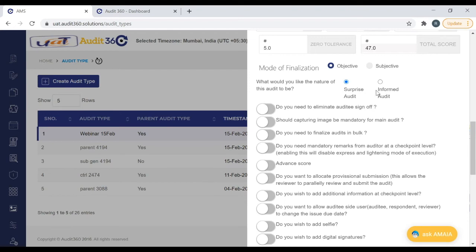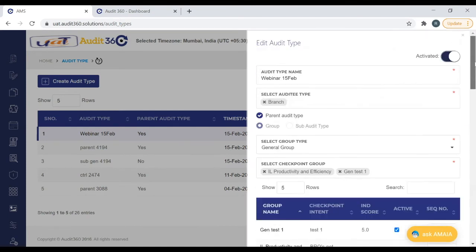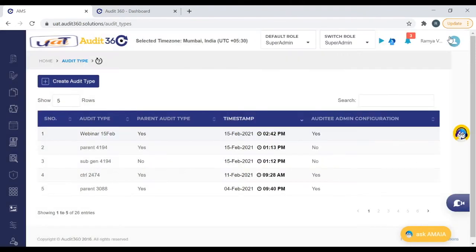But in case of a surprise audit, which is the default, all the schedules which are not started will not be shown or viewable by the auditee, and they will not be able to know until the audit has been started. They will have a view on their screen only from in progress and above, on the execution status. Only if it is informed can the not started audits and the reference documents be viewed. So let me see if I can go to the auditee to show that.